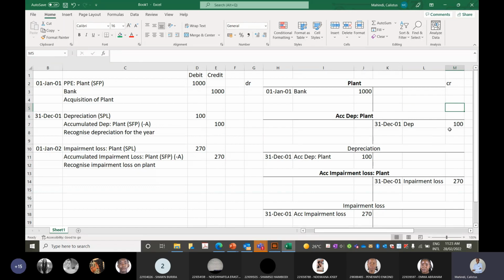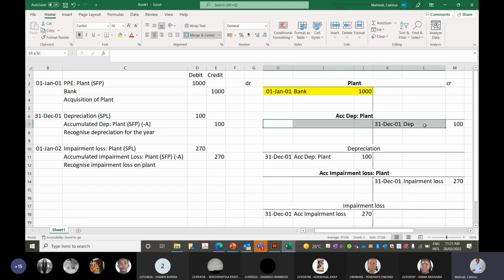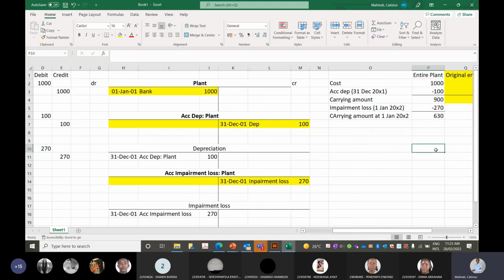Okay, great. So what I want to show you is that the value of the plant would be, I'll highlight it in the same color. That 100, we're going to subtract the depreciation, the accumulated depreciation of 100. We're going to subtract the accumulated impairment loss, and this will give us a carrying amount of 270. But since we have eliminated